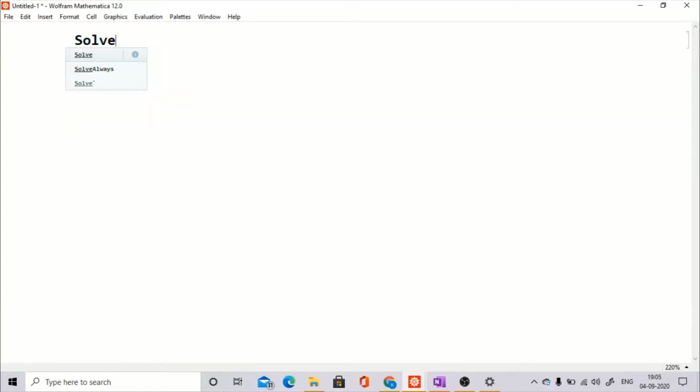So you have to use the same command, the Solve command, and you have to write first the LHS of all the three equations. So I will write x plus y plus z. Then the LHS of the second equation, x plus 2y plus 3z, and the LHS of the third equation is x minus y plus z. And you have to write the assignment operator, is equal to, and then you have to write the RHS.